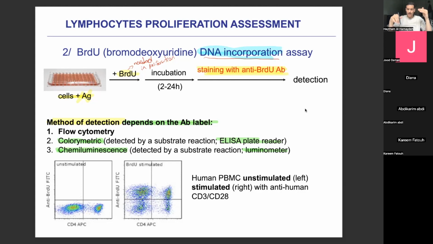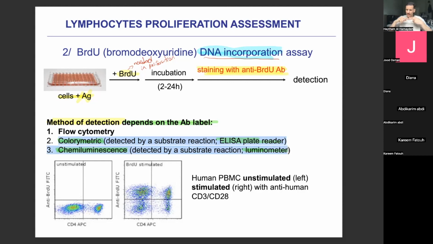We then see or test for the presence of this BrdU within DNA. And so we're just talking about proliferation here again, but we're just labeling with a different material called BrdU. And because it's not a radioactive substance, we actually use a fluorescent substance, but we use that primary antibody, secondary antibody sandwich system. DNA, BrdU, primary, secondary with fluorescence, and then we detect that fluorescence with either flow cytometry or two other methods, such as